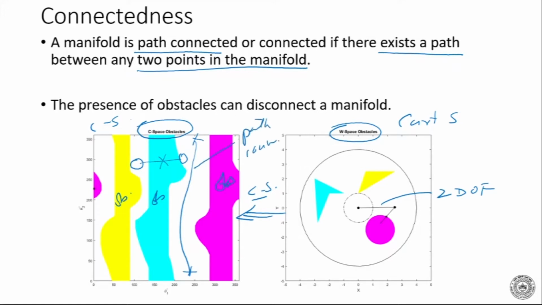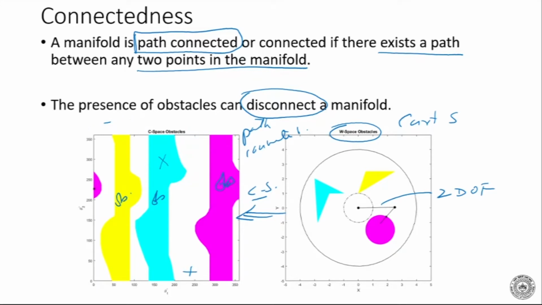Okay. Now why is this important? It is important because if there is no path between the 2 points, then the robot cannot go in the real world between those 2 points. Okay. So a manifold is path connected or connected if there exists a path between any 2 points in the manifold. The presence of obstacles can disconnect a manifold as shown here. Okay. Now very clearly, please remember that